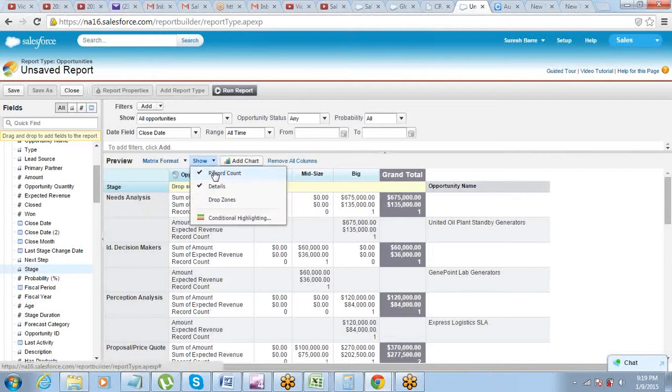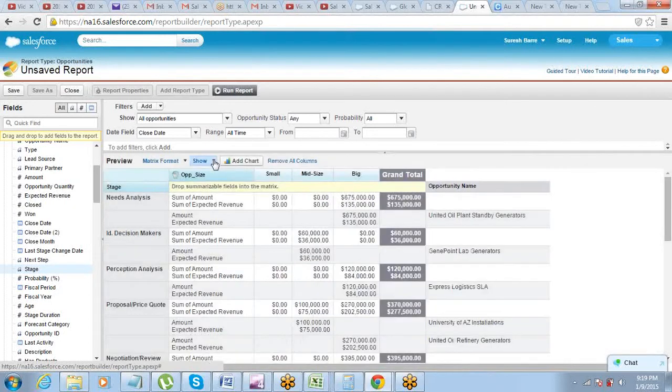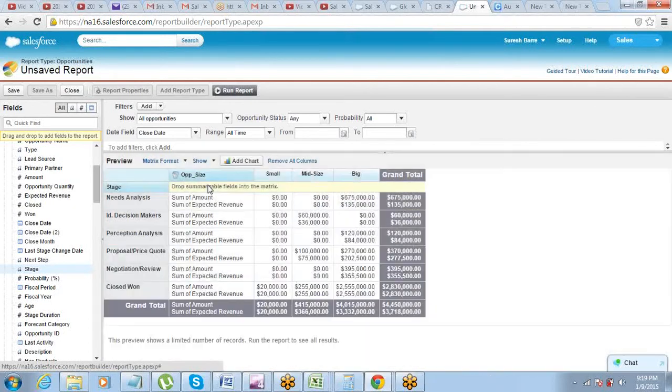You will get a better view if you remove the record count and details. Right. So at need analysis, I do not have any small opportunity. Okay. But at negotiation, I have this total, almost 300,000 worth opportunity at negotiation for big opportunities.